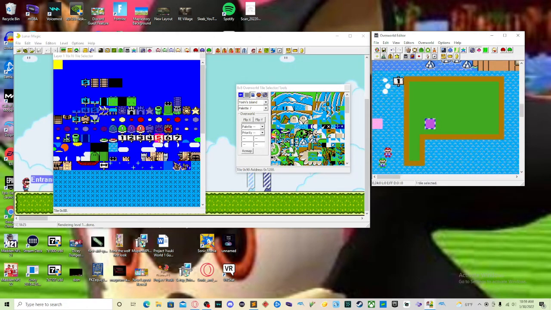I have not seen an underwater ghost house for a while. I think they do exist in Super Mario World. I don't remember where it was though. Okay, so